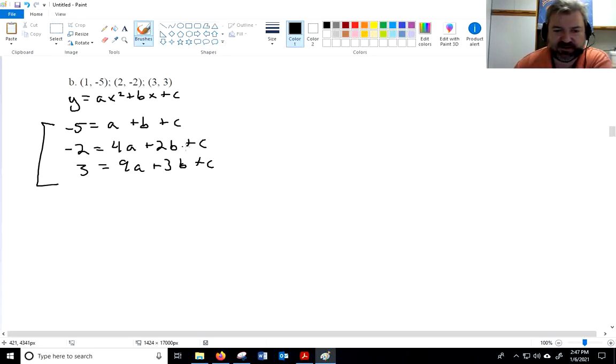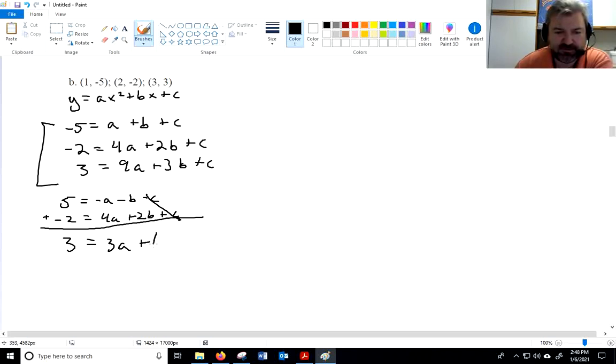I'm going to multiply the top equation by a -1 and combine it with the middle equation. So 5 equals -a minus b minus c, and then the middle equation I'll keep the same. If you're wondering, we could indeed set up a matrix to solve this, and I think I do that on my homework answer keys every so often just to keep you on your toes. It's totally possible. If you prefer a matrix, you can use a matrix and reduce row echelon form. Adding those makes those cancel, and I get 3 is equal to